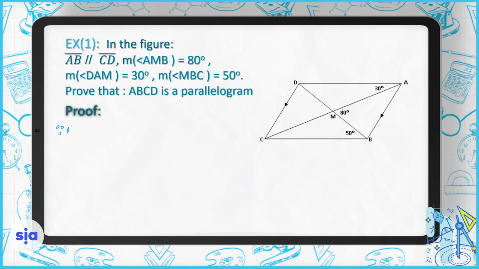Since AB is parallel to CD, and also since the measure of angle ACB is equal to 80 minus 50, which is equal to 30, because angle AMB is an exterior angle of triangle CMB,